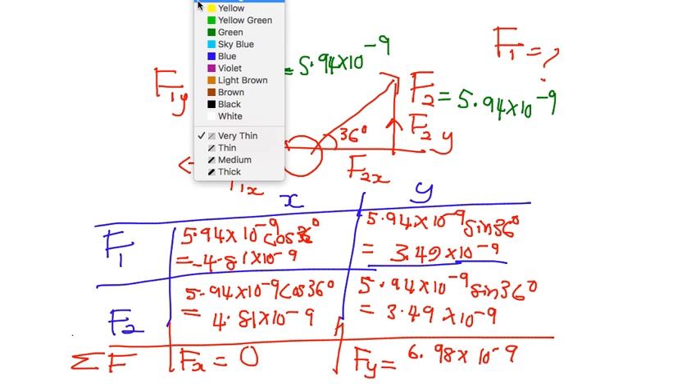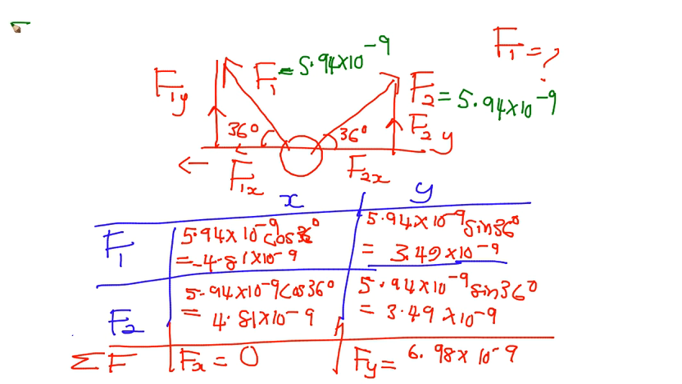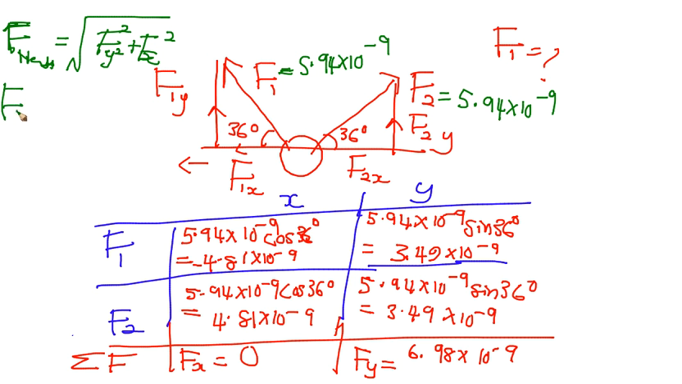So you must use the equation. The resultant force, the net force at the oxygen atom, is equal to the square root of Fy squared plus Fx squared. So meaning the F net is equal to, the value here, Fx is equal to 0 plus Fy is 6.98 exponent